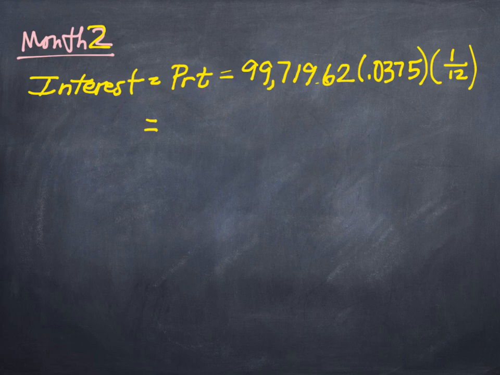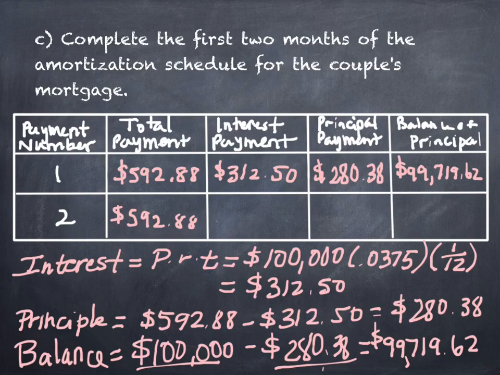All right, so what happens when I take 99,719.62 times 0.0375 times 1/12? $311.62. Did I hear you right, Tyler? Did I get that written right? Okay, good. So every time the month is going to be 1/12. Exactly. All right, so my interest, $311.62, is going to go right here. It's slightly less than the month before, right? I mean, like a whole whopping 90-something cents less, but it's slightly less.